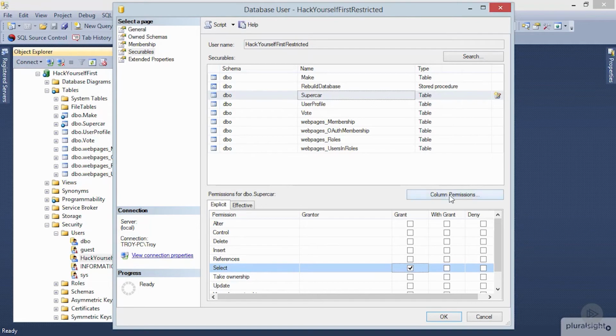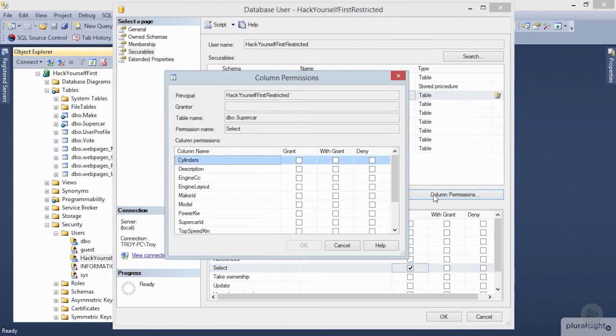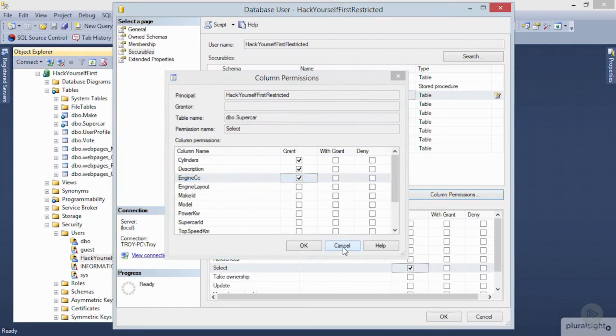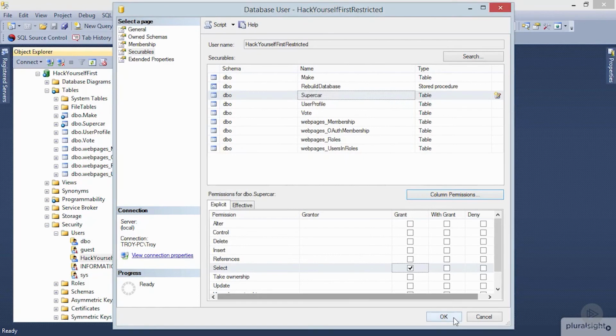We could go all the way down to column permissions. For example, we could say I only allow it to select the number of cylinders, the description, the engine capacity, and so on and so forth. Now, I'm not too worried about that for this particular table because it's meant to be read by everyone. But that could be useful for other entities in the database where you may not want everyone reading every column. So I'm going to cancel that, but I am going to say OK to this one,